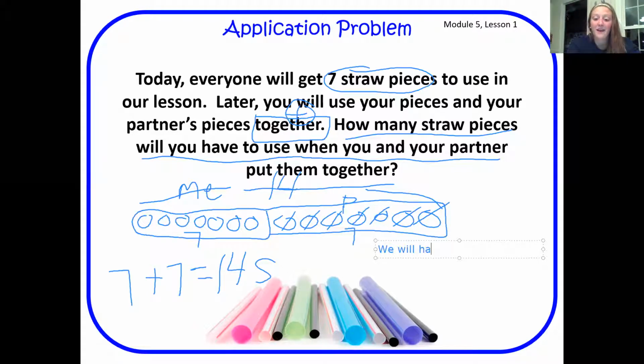We will have 14 straws all together. That is my complete statement. So as we move through this, we're going to take it away a little bit. You guys are going to have time to solve them before we go over it. I just wanted to model this one together today because it's been a while since we've done our application problems